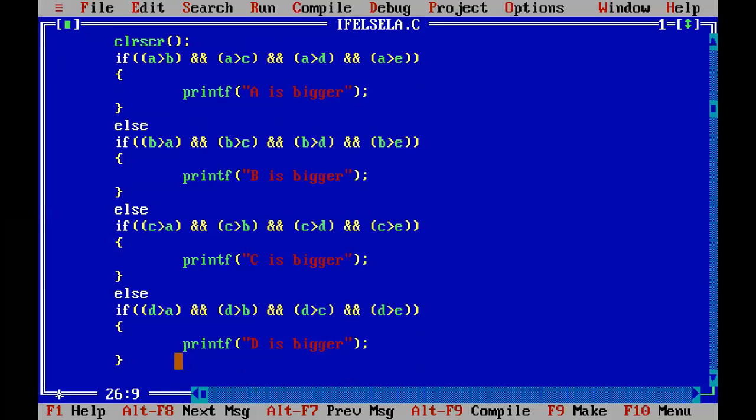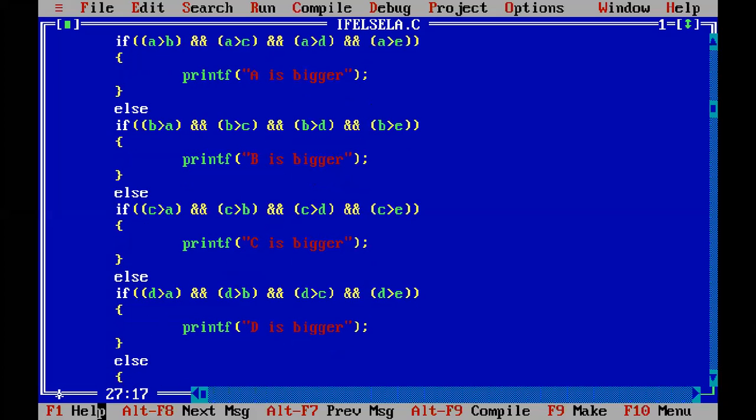Now, lastly, we have only E. So it is obvious that if A is not the bigger number, B is not the bigger, C is not the bigger, D is not the bigger, then E has to be the bigger. So for that, we don't need to write conditions. We will simply write else. Else, printf, E is bigger.